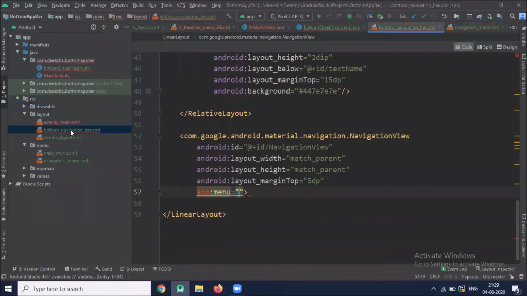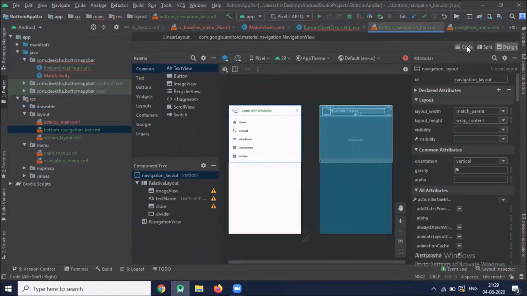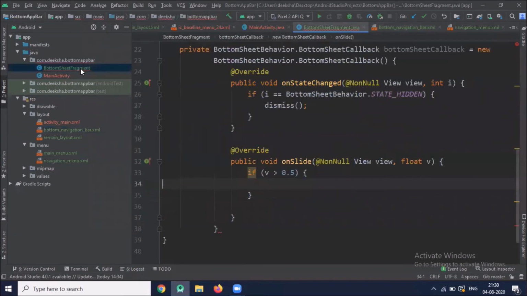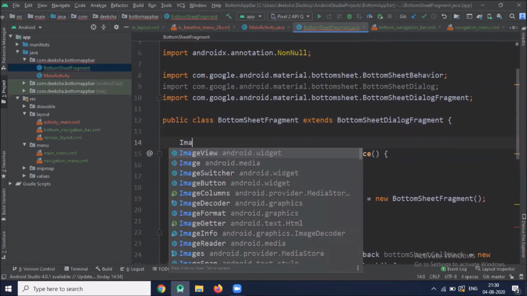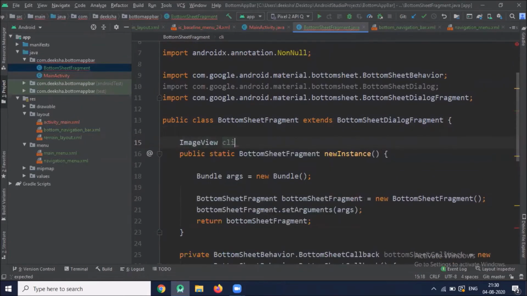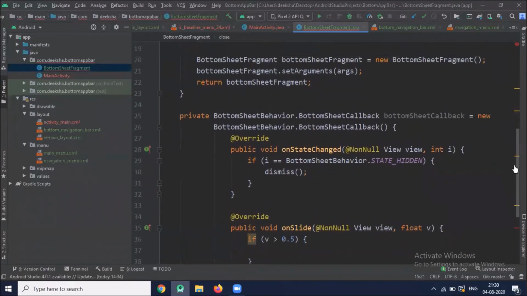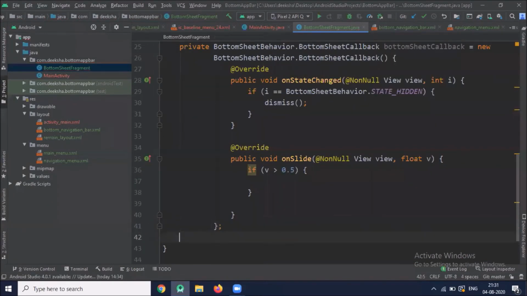Now click on bottom navigation bar. Now click on bottom sheet fragment. Now we set up dialog.